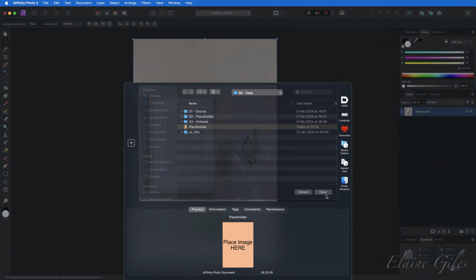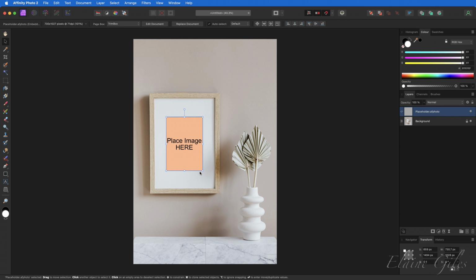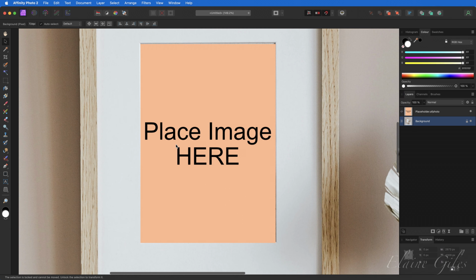Again, choose the correct file and Open. And this time I'm going to draw it out. So those are your alternatives. Now, although at first glance that doesn't look bad, it's not perfect. Again, if we zoom in, you can see it is fractionally off, and that's because of the perspective of the